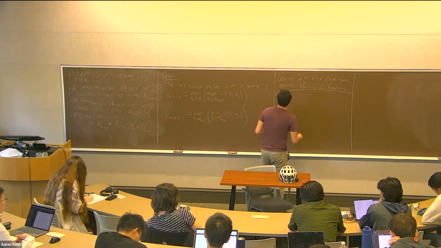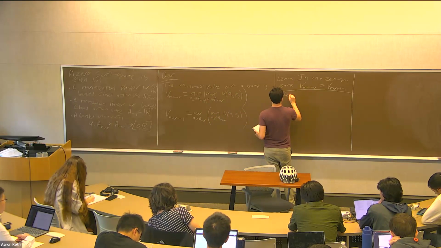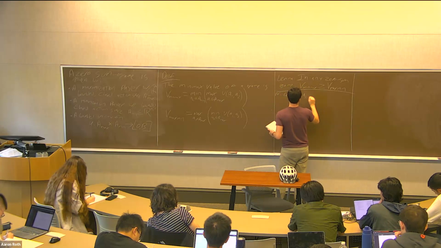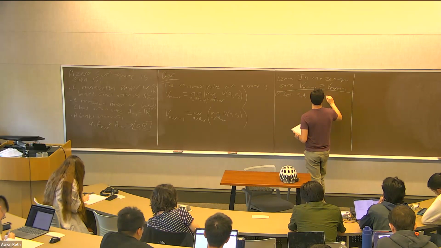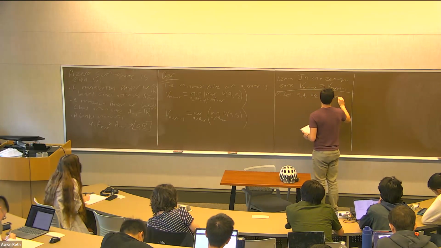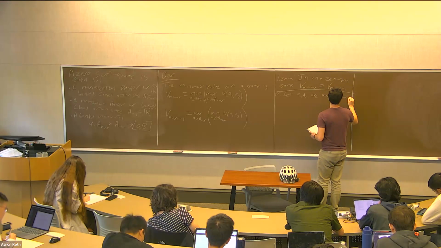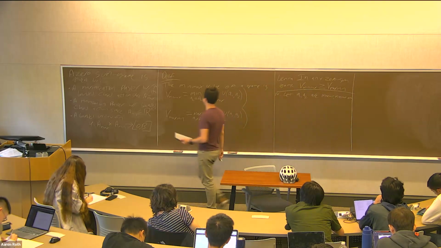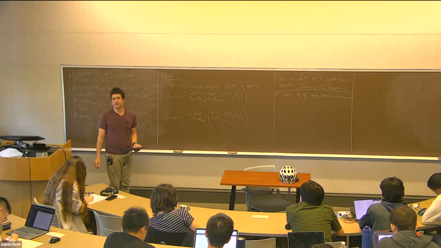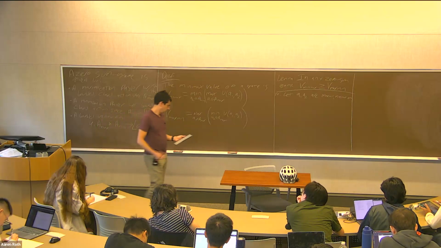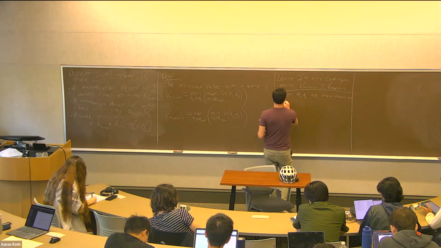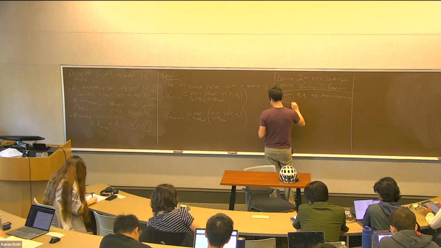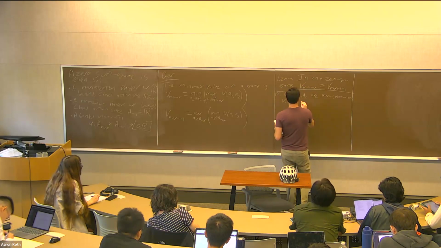Okay, so let's say that A1 and A2 are maximin and minimax strategies, respectively. So A1 is a maximin strategy for Max. A2 is a minimax strategy for Min. Okay, so by definition, the minimax value is